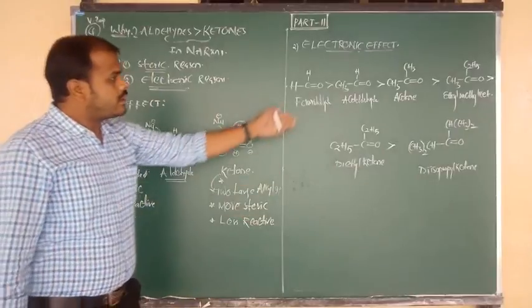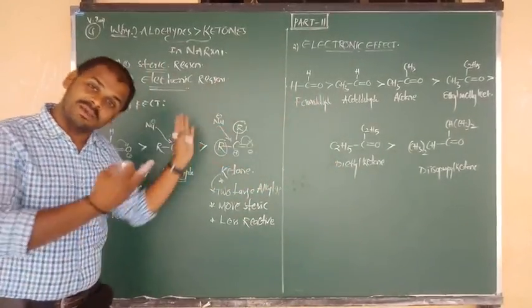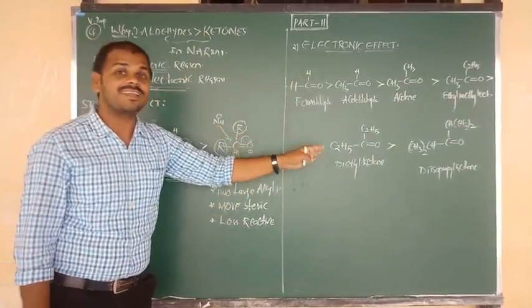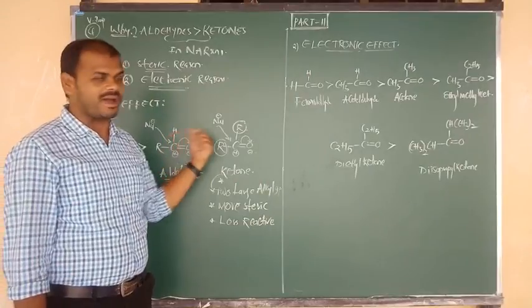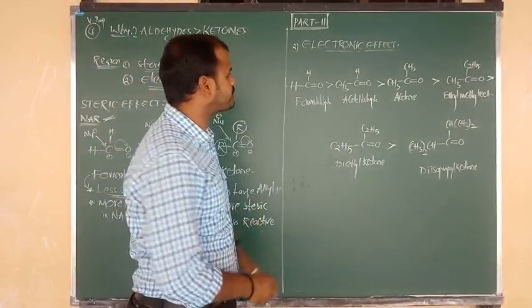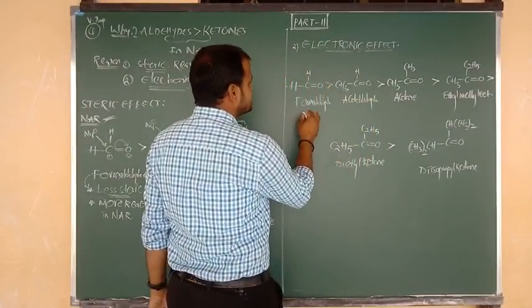Okay, sir, you have given that example again on the basis of electronic effect. That is the example on the basis of steric and also on the basis of electronic effect. Both, no? Sir, how? You know electronic and steric, beta? Now I am going to show you about the electronic effect. Listen carefully. I want to explain by taking the same thing again.